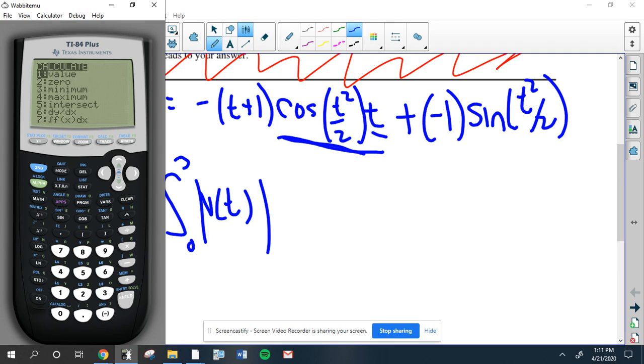Second calc, integrate, and look, notice the graph is always positive, because I put absolute value signs around it. It looks good to me. The lower limit is 0. Oops. Start that over again. The lower limit is 0. The upper limit is 3. So this integral is